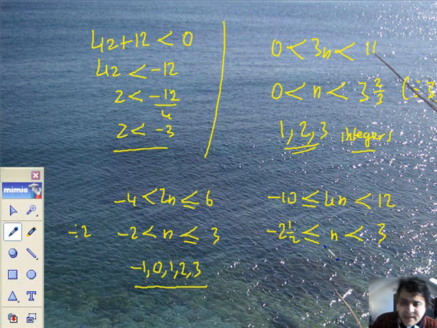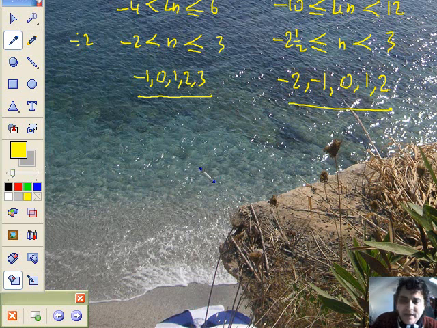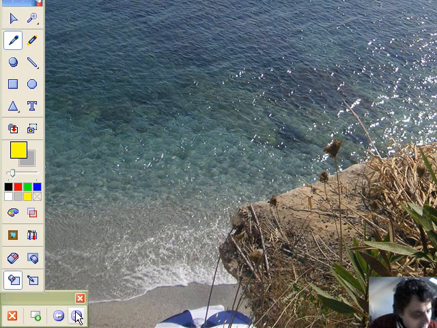Now, I know it says n is allowed to be equal to minus 2.5, but these are integers, so I've got to go the next one up, you see. So I've got minus 2 is allowed, minus 1 is allowed, 0 is allowed, 1 is allowed, 2 is allowed, but not 3. It says n has got to be less than 3. 1, 2, 3, 4, 5 integer solutions again. Okay, I'll leave that alone, and in the next page I'm going to do grade B ones now and solve